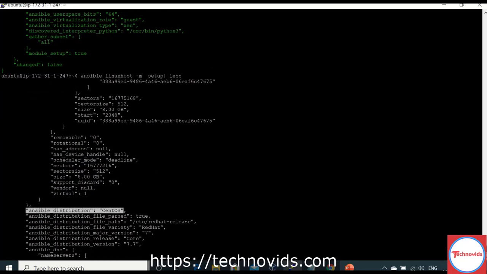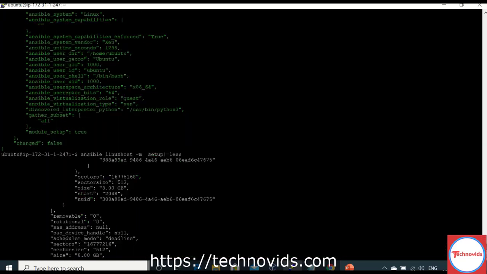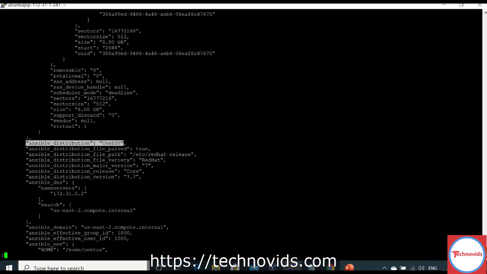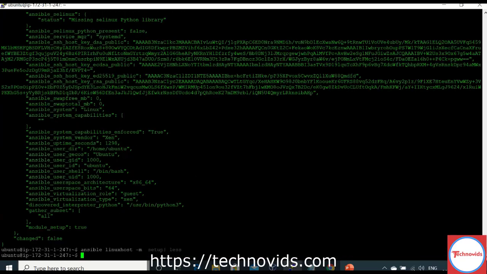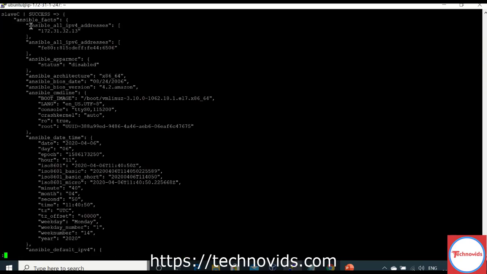Here. Let me show you again. The very first one that we get is the Ansible all IPv4 addresses. So you can use the IP address to run the playbook only for that specific host, right? So this is how we gather the facts.